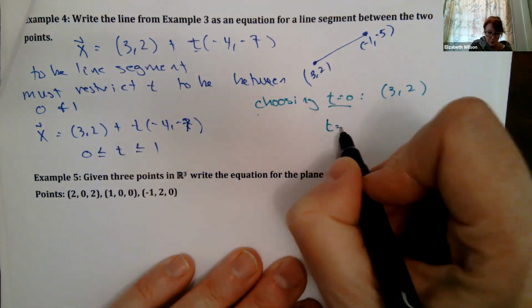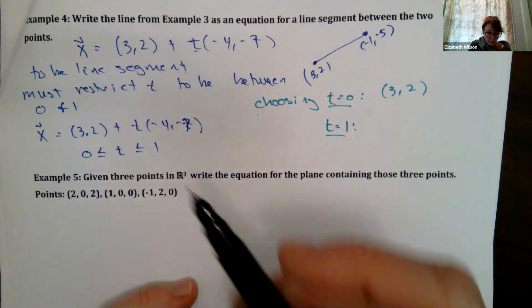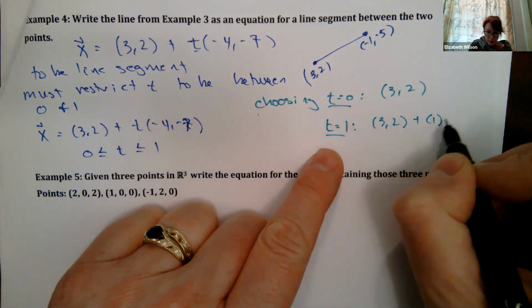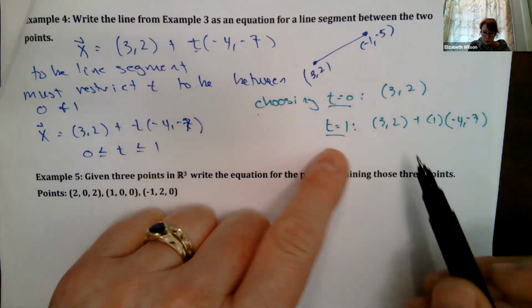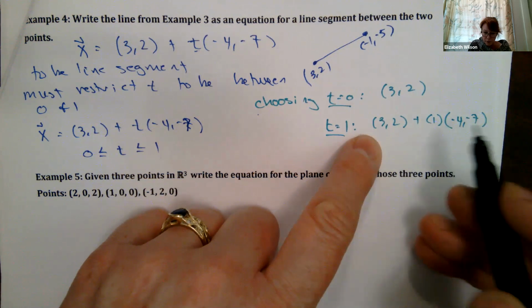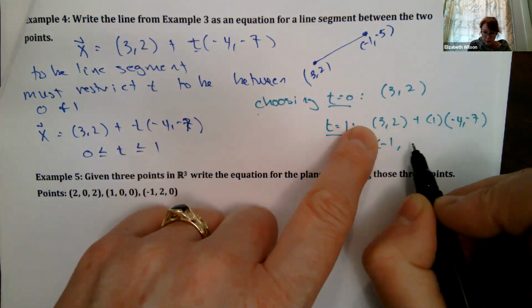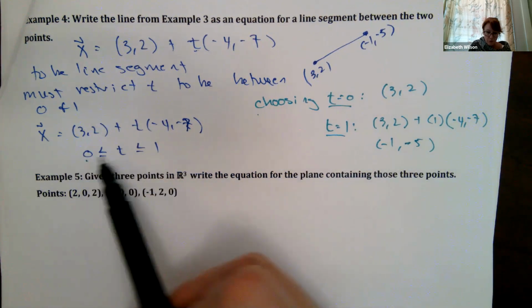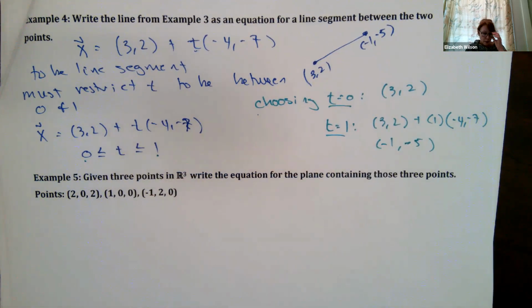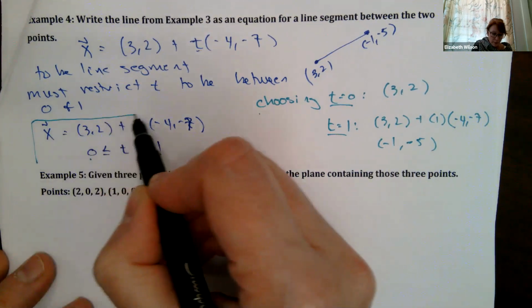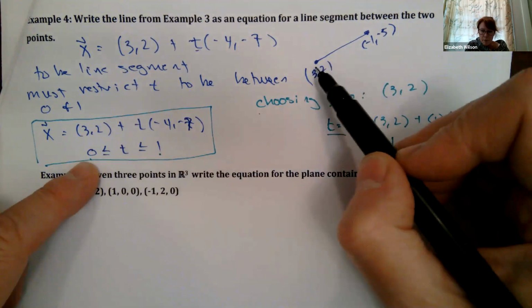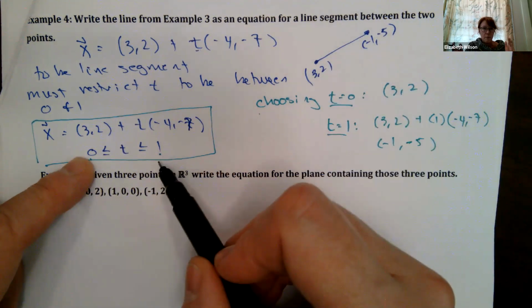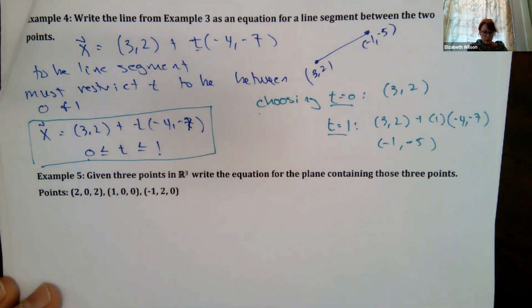If I choose t equals 1, that's my other endpoint, right? You can imagine what's going to happen. This is going to be 3, 2 plus 1 times minus 4, minus 7, which is going to be 3 minus 4, 2 minus 7, which gives me my other endpoint, okay? So these form the endpoints of our line segment. Restricting t to be between 0 and 1, I can choose any value between 0 and 1, and that will fill out the line between these two endpoints. Restricting t to the boundary points 0 and 1 makes it a line segment instead